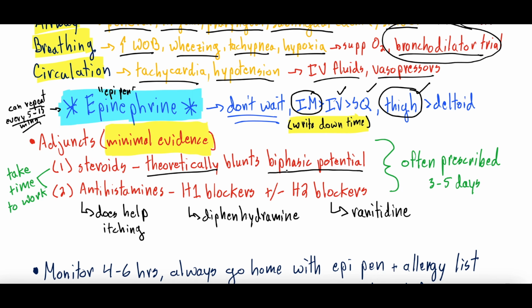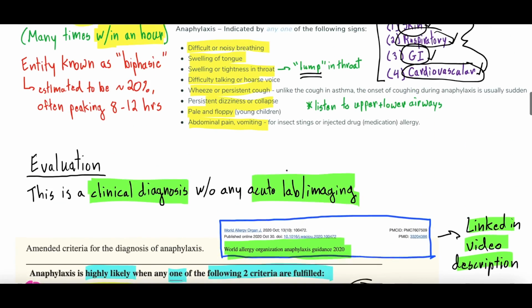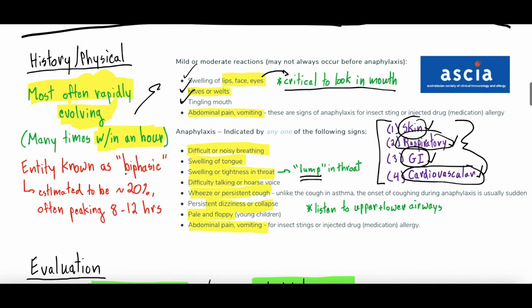So biphasic, what is that? I'm going to scroll back up because we kind of brushed over it up above. What the biphasic response is, it's this entity that some have seen with anaphylaxis where you actually get better. And then in some very broad range of time, anywhere from a couple hours to I think I've seen even a couple days, you get recurrence of your symptoms. And some have estimated as many as 20% have a biphasic response. Anecdotally, that's not necessarily what I've seen in my practice, but that's what many people quote. And the peak time, the most common time to see the biphasic response is 8 to 12 hours after the